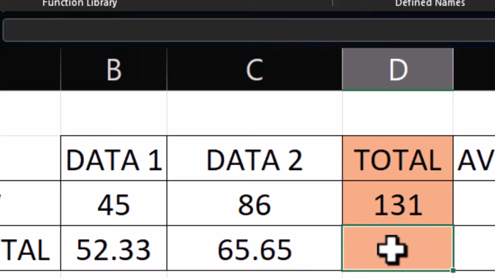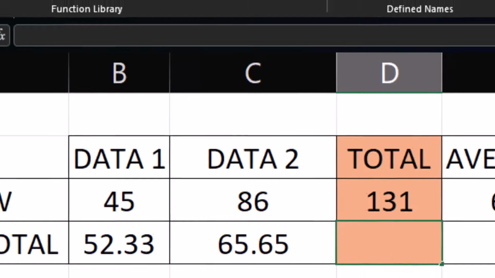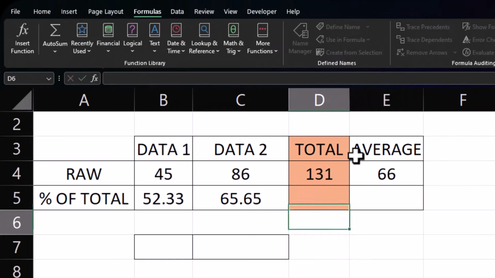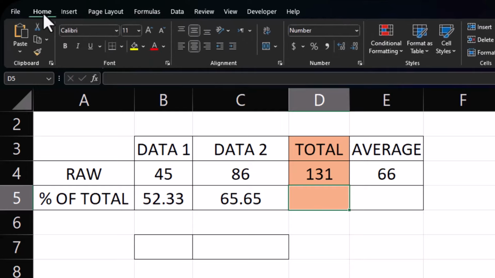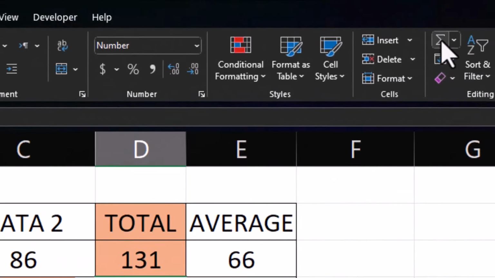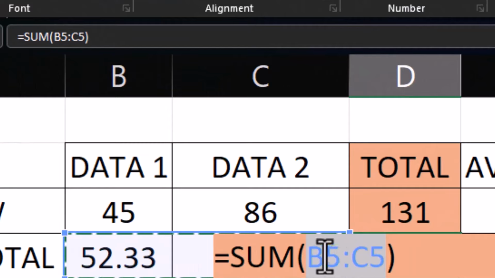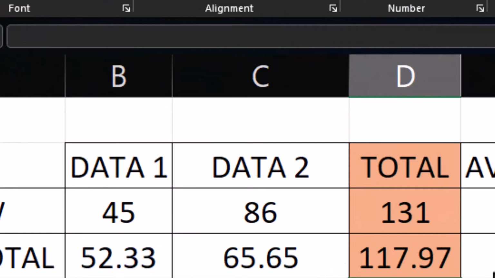So here I can decide to use another sum function to add these two, or I can use the AutoSum. You click here and then you click on the AutoSum. Let me go to Home. So under Home, you click on the AutoSum. You see, immediately you do that, it has selected the range for you. So if that is what you want, then you